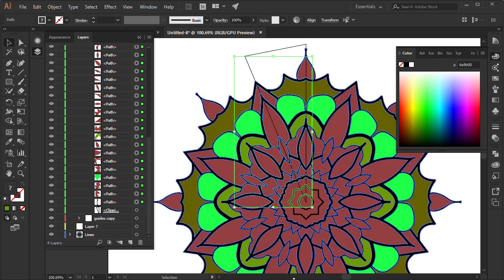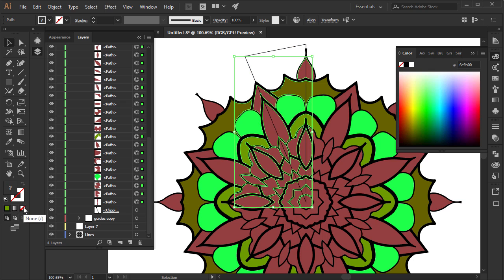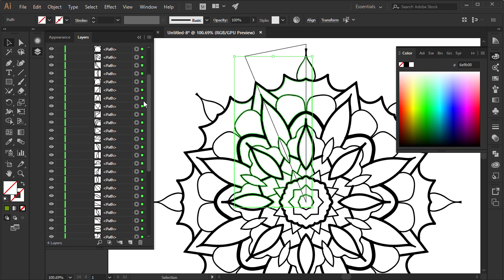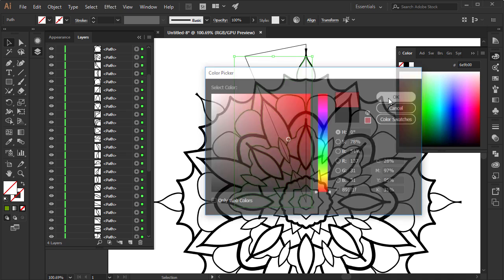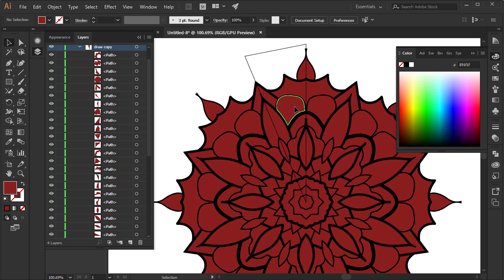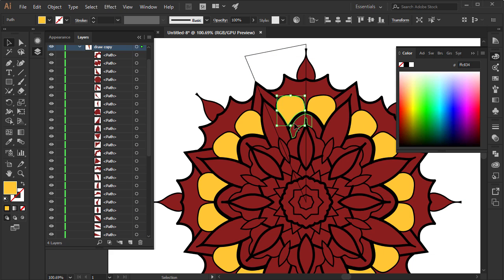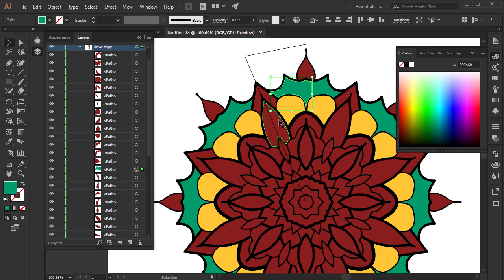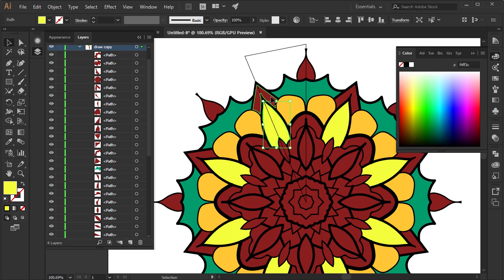Alright, and then maybe what you're going to see, if there's no color right there, is maybe just non-color. But you can add the color by double clicking on this fill, just like that. Alright, and then once you have this color, just select one and recolor it. So that's the beauty of the transform effect, that we can recolor our designs really quick.